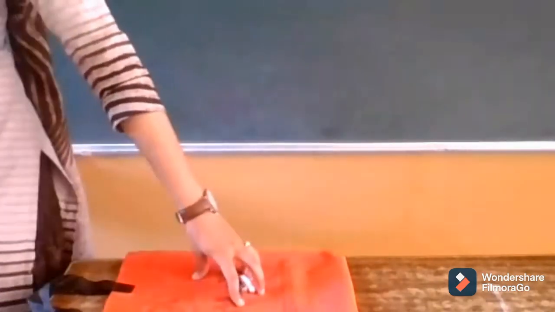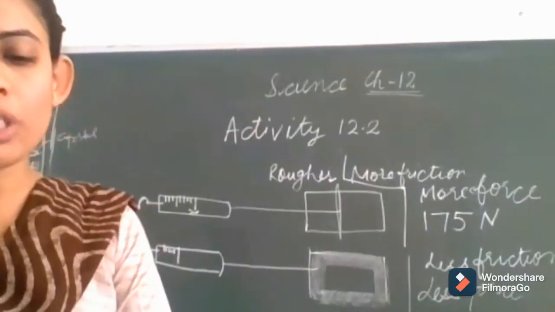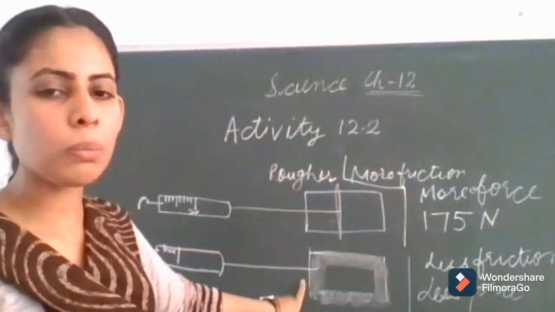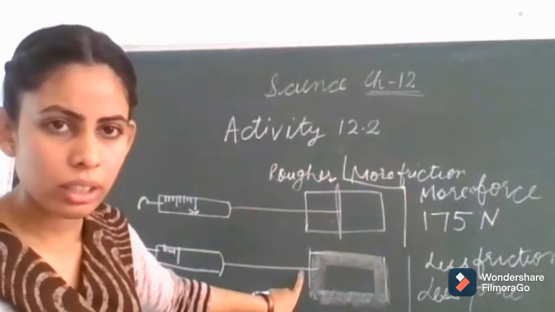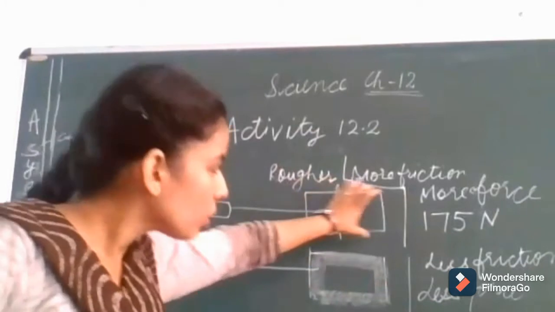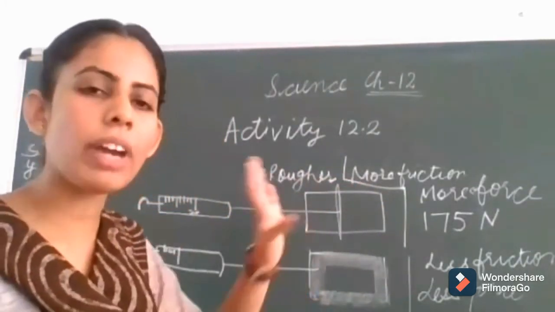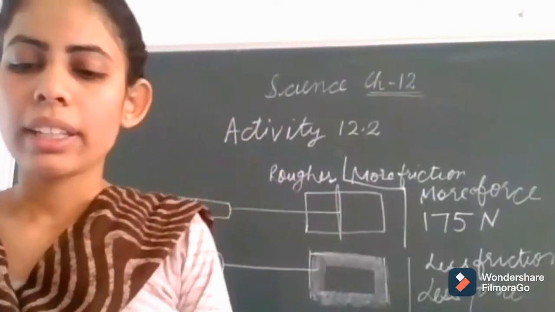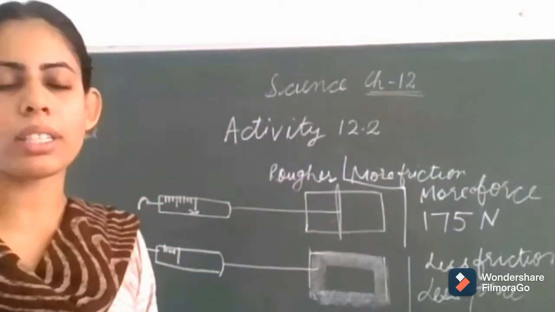Okay, in the activity there is a use of an inclined plane, but in this I have used a horizontal surface. But the conclusion from both the activities will be the same. So the force of friction is greater on the rough surface than on the smooth surface, that is plastic. It is not that smooth, but as compared to this surface, it is smooth. Okay, when we compare. Now next, it also depends upon the mass.